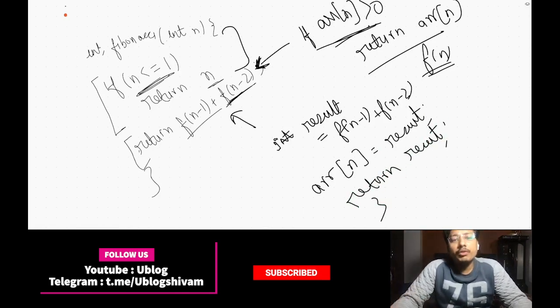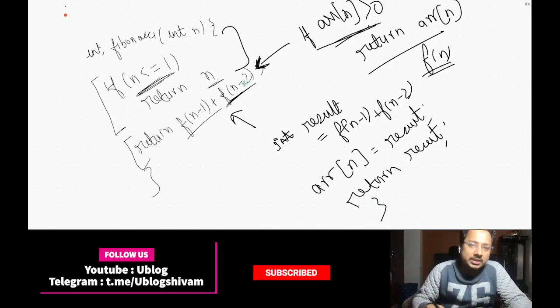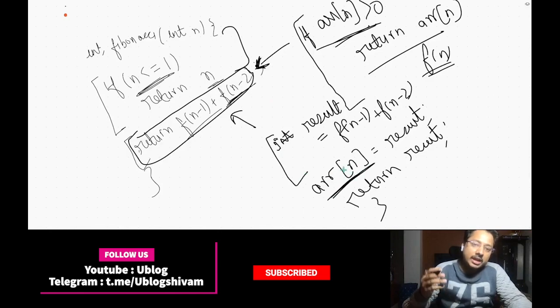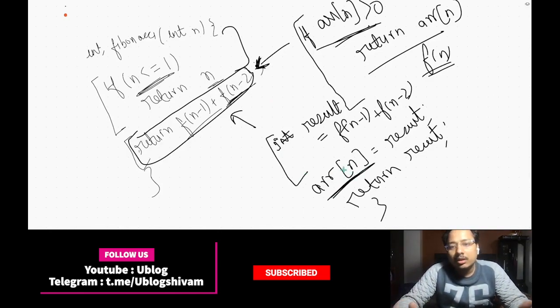So this is the new thing we are doing. Before calculating fn minus 1 and fn minus 2, we check if we have already calculated it. If we have, we don't calculate it again, we just return it. And if we have not calculated it, we calculate it and store it, so that any further recurrence of this function call is not calculated again. That's the core concept. Now let's see the time complexity, how much we have reduced it. Let's check that right away.